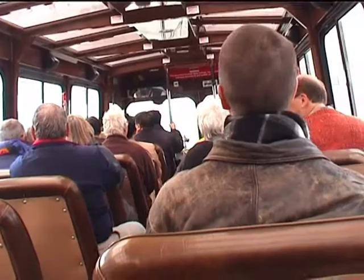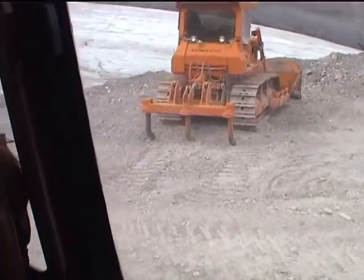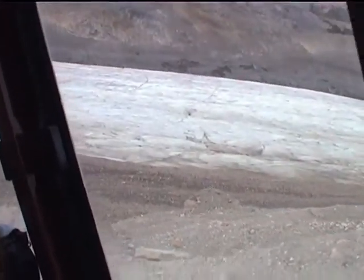There is really nothing to worry about. These vehicles are built for this. First of all, we have 6-wheel drive, and with the big tires, well, that really helps to hang on to the road. But the big safety feature here for this type of an incline is a device that's called the transmission lockup. Now, when the transmission lockup is engaged, we can't possibly go any faster than we're...